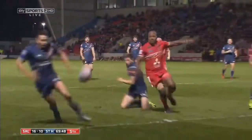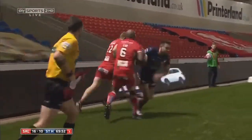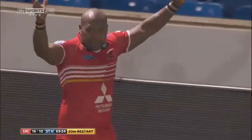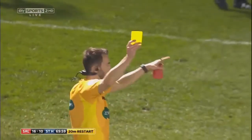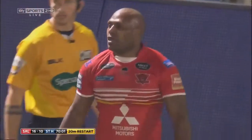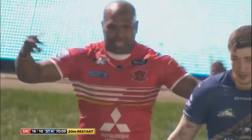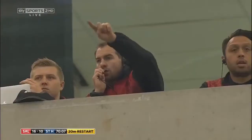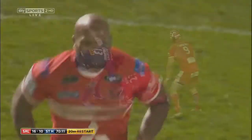Carney running it into the in-goal area with Louis. And the ball bounced everywhere, and it went over the sideline. Oh, this could be sin bin. It is a sin bin. Yeah. It is a sin bin. He's left no option there for James Child. Robert Louis, he's had a tremendous game. Playing in the centre. The ball just rolls around to the right. And when the ball's recovered...